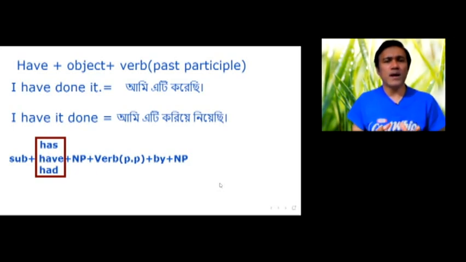এর মাধ্যমে আমরা অনেক চমৎকার বাক্য তৈরি করতে পারবো। আমি ডিটেলস একটি স্ট্রাকচার এখানে দিয়েছি, সেটা হচ্ছে সাবজেক্ট প্লাস হ্যাজ, হ্যাভ, হ্যাড, এই অক্সিলারি ভার্বগুলো আপনারা ব্যবহার করতে পারেন, প্লাস এনপি নাউন প্রোনাউন প্লাস ভার্ব পাস্ট পার্টিসিপল প্লাস বাই প্লাস এনপি নাউন প্রোনাউন। সো এই স্ট্রাকচারটি বোঝার জন্য চলুন আমরা কিছু উদাহরণের দিকে দৃষ্টিপাত করি।